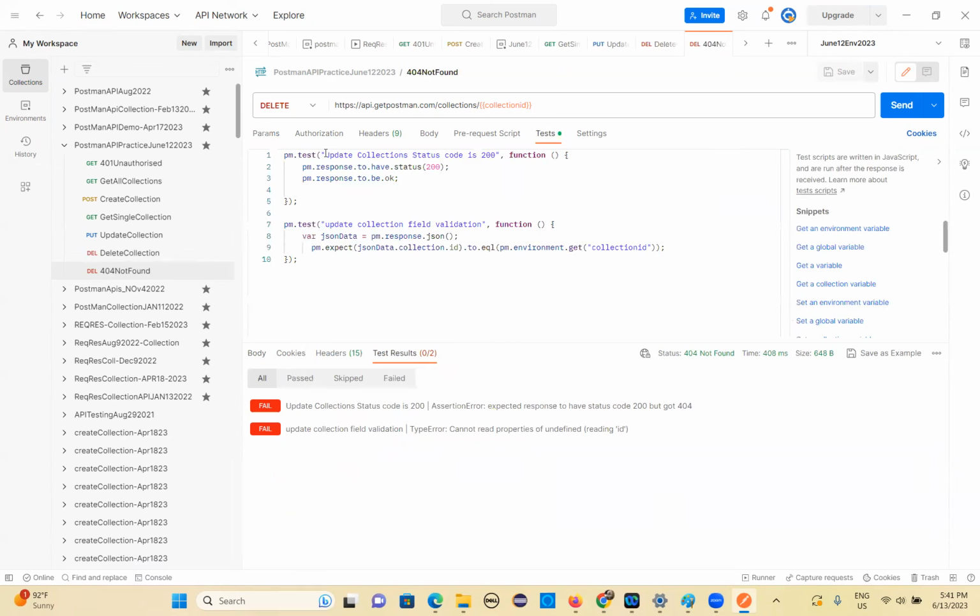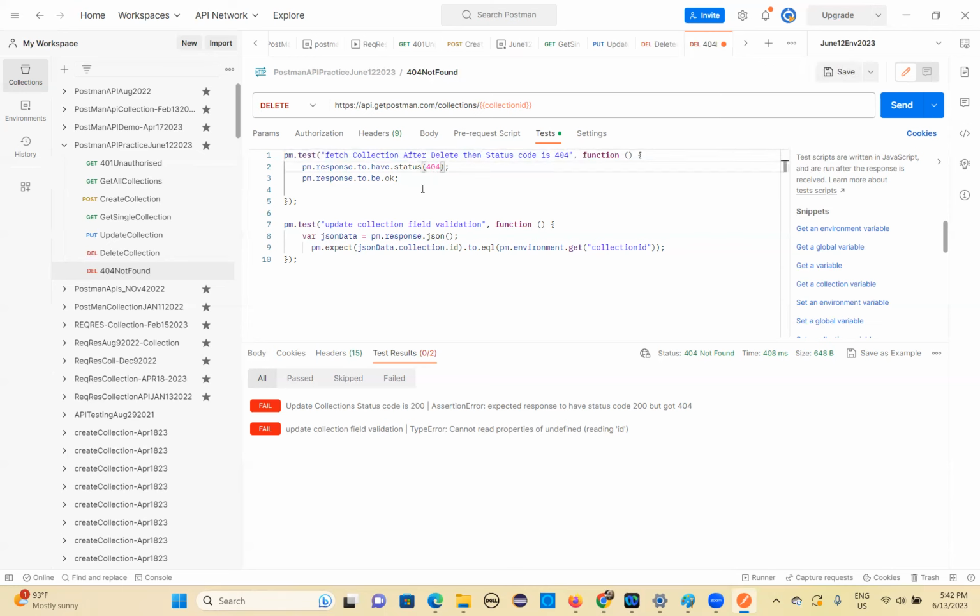So after delete, fetch collection after delete. Status code is 404. So that's what your